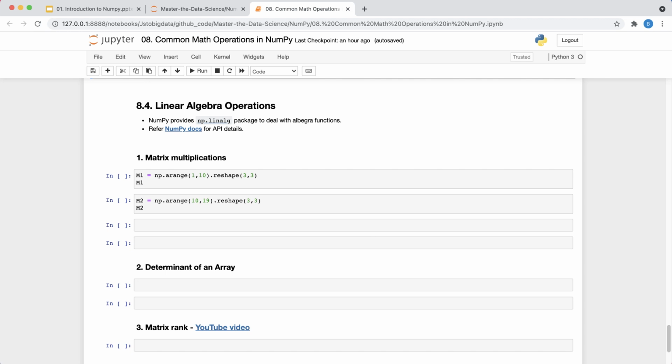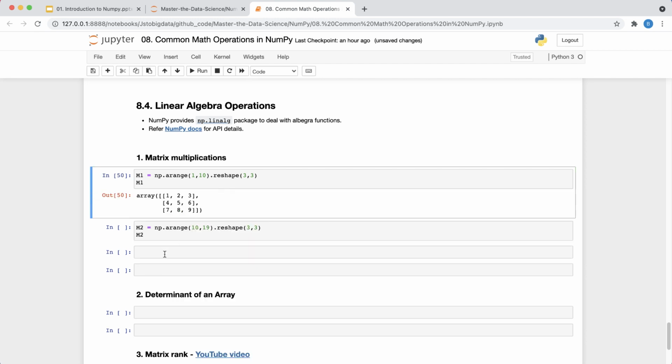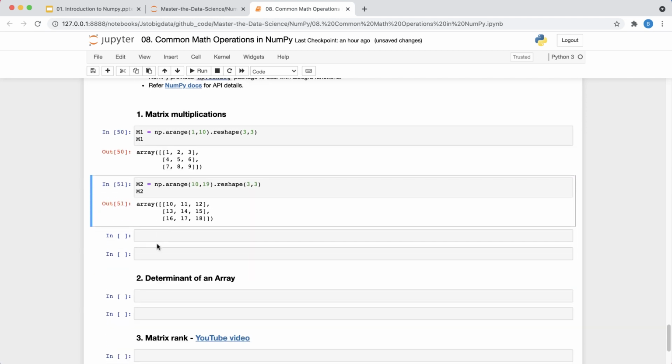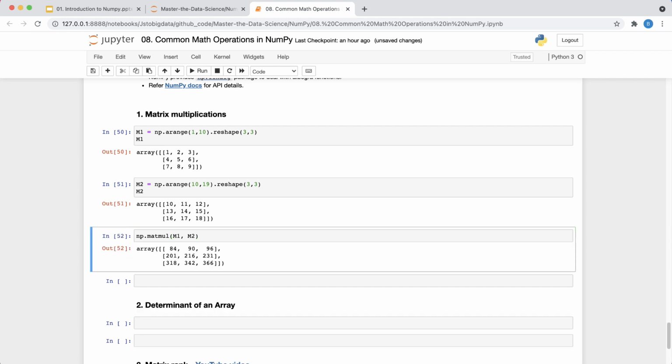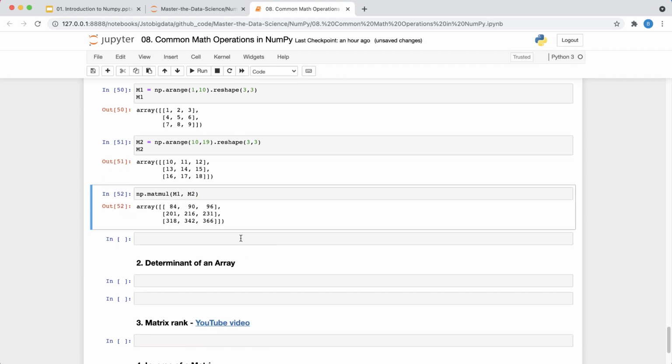I'm not going to discuss everything in details, but just touching on few possibilities. So matrix multiplications, again you have done this before. Let's say I have two matrices m1 and m2 as shown above, and I want to do matrix multiplications. Okay, you do matmul. You don't just call multiply, that will happen on the element basis, right? So this will be m1 comma, let's say m2, right? This is your matrix multiplications result.